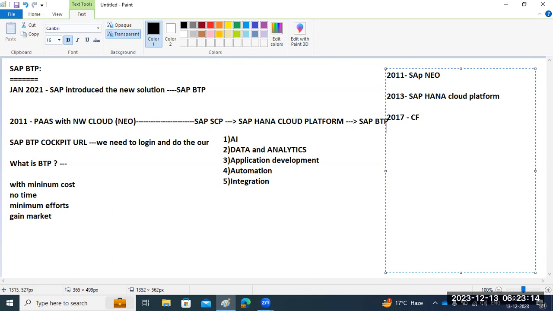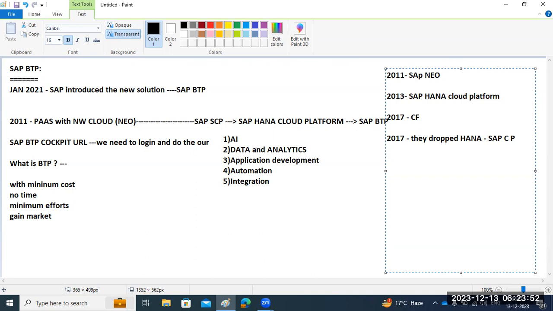In 2017 itself, they dropped the HANA naming convention from 2013, the HANA Cloud Platform, and made it the SAP Cloud Platform, the Cloud Platform here.